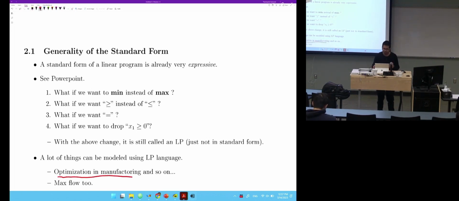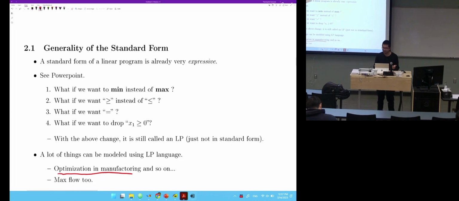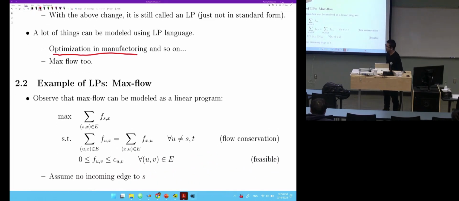like optimization problems in manufacturing. This is a linear program problem, and also max flow. Let's see how to model max flow using linear program. Well, it is almost from the definition of max flow. You have a linear inequality here, which says that the flow on every edge needs to respect the capacity. You have a linear constraint here, where we say that the flow must be conserved on every node except S and T, and you want to maximize